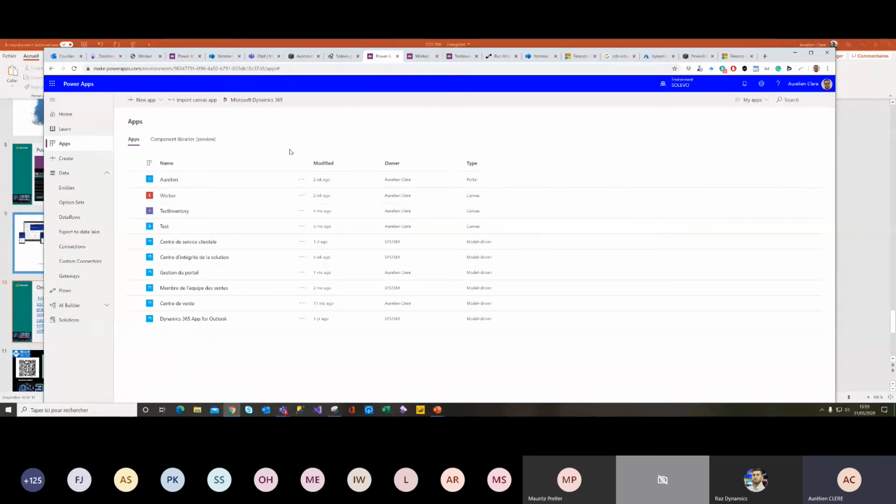I think on D365 Saturday, you have sessions. We're the portal masters, aren't we? We're running the entire community on a Power Apps portal, guys. Everything that we're doing on the community is all using Power Apps portals. Everything is powered by the Power Platform.